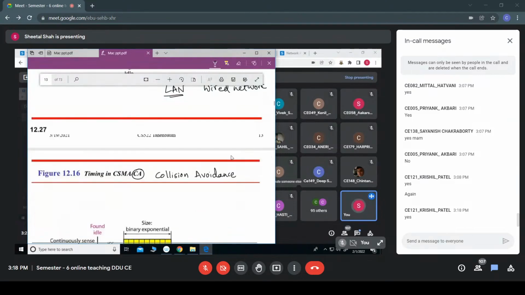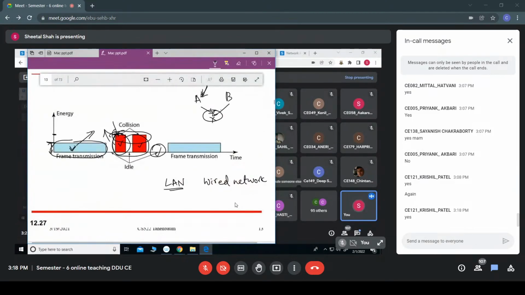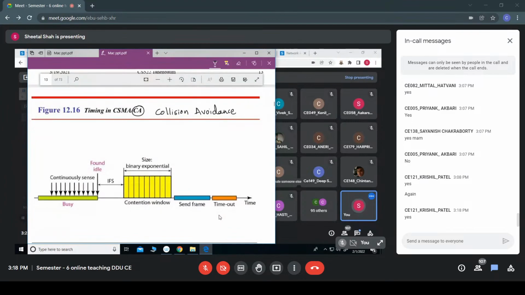Hope everyone is clear up to this, why we cannot use CSMA CD for the wireless type of network: because the signal strength would be very low, and even if the station receives it, it may not be able to make out whether it is a valid signal or a collided signal. So in case of CSMA CA,